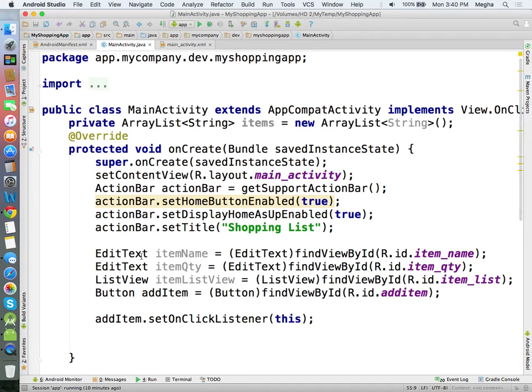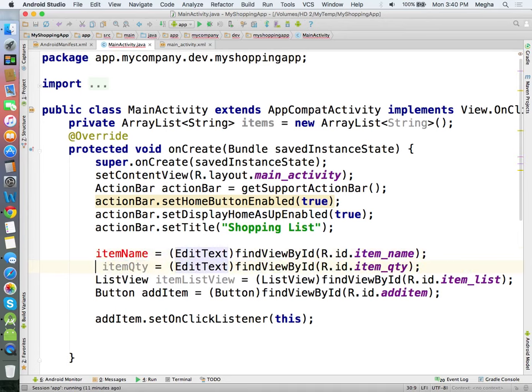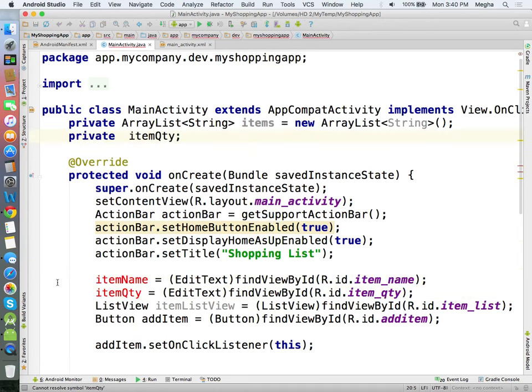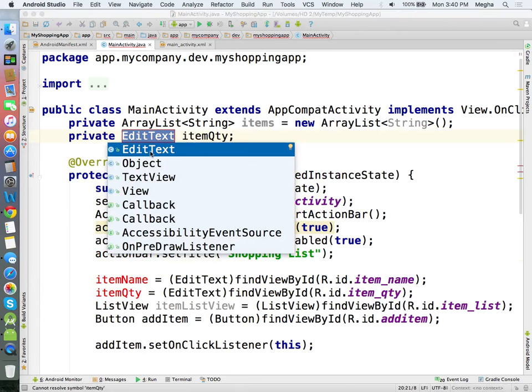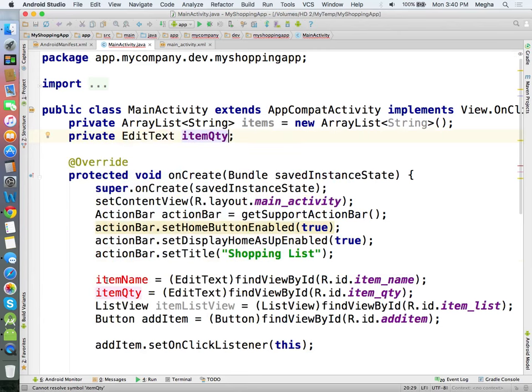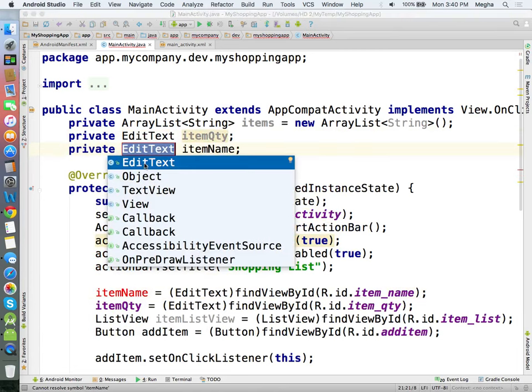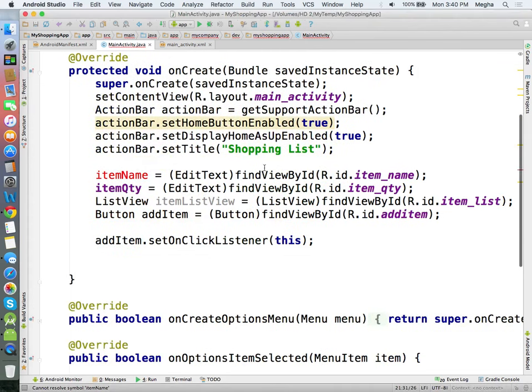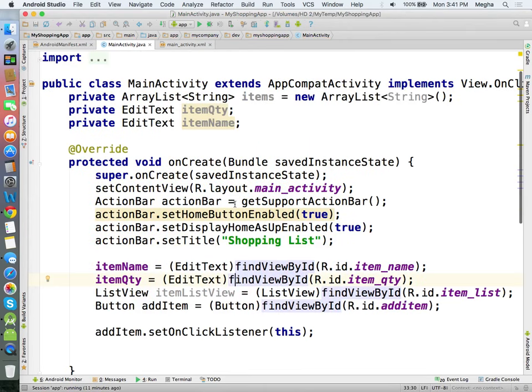I need global access for my edit text, so I'm going to make them global. I declared it global because I need access outside of the onCreate method.